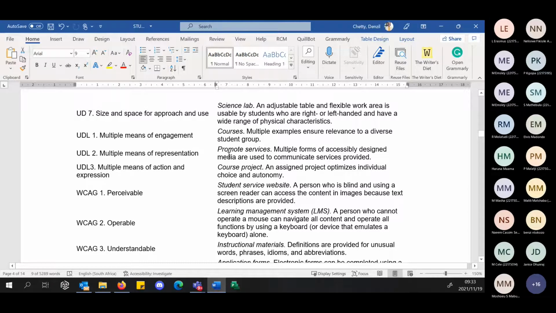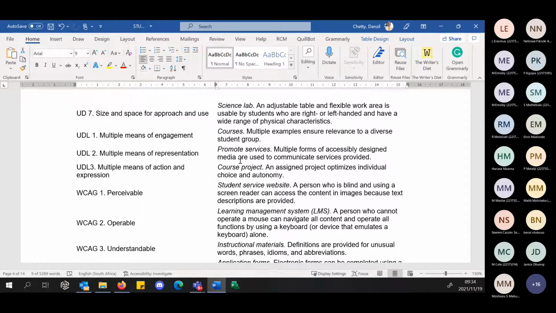Multiple means of representation promote diverse forms of accessible design, where media are used to communicate. An accessible design of media means that if you are, for example, using a YouTube video, and as you would have seen in the first video that we watched on students that are differently enabled, while the video is playing, while you've got sound, you can see the image, you can hear the image, you can also read the text, right? So it caters across those three elements. And that's what it means, multiple forms of representation. And one of the things that we encourage as part of our design is to ensure that you have a transcript as part of it, or if you look at YouTube, the paid feature actually allows for those captions to be added as part of this.